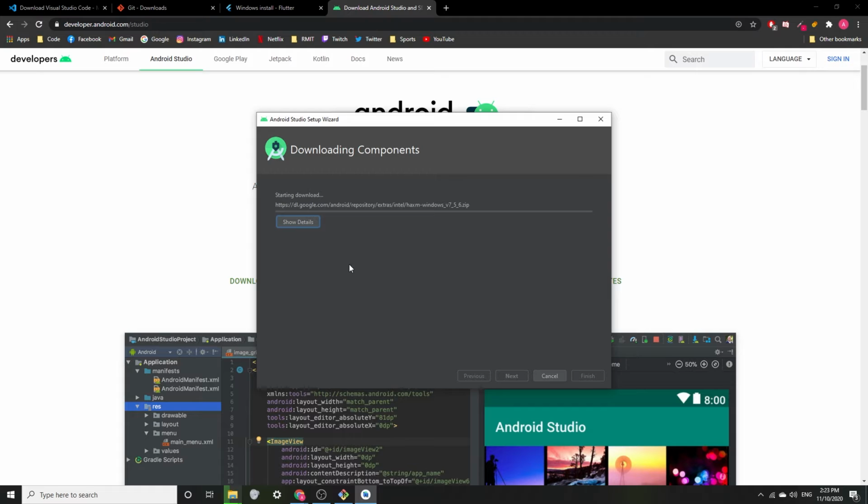I'll just click finish. Oh, so it's starting more downloads. Great. The main reason that we're going to be using Android Studio, at least while this is loading, I can talk about it, is we're going to be making an Android phone emulator. I'll show you how to do that, and then we're going to link it to Flutter and VS Code, and then we can run all of our code and all of the project through VS Code, including with Git,